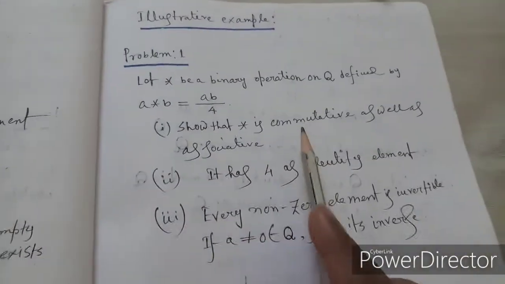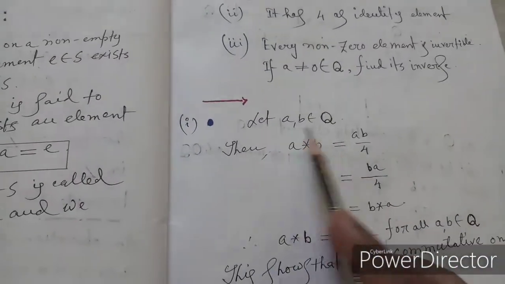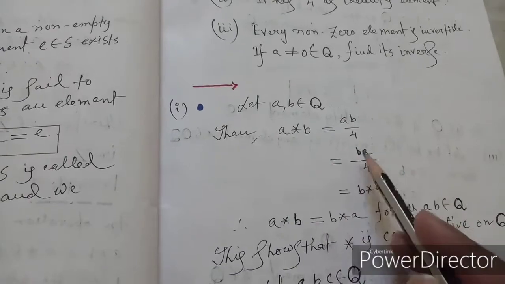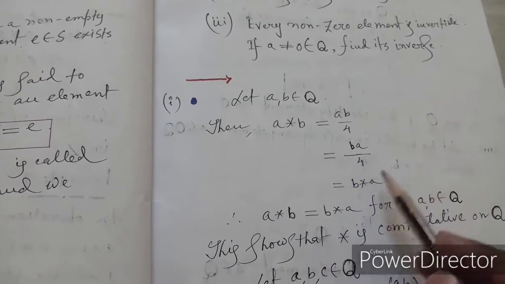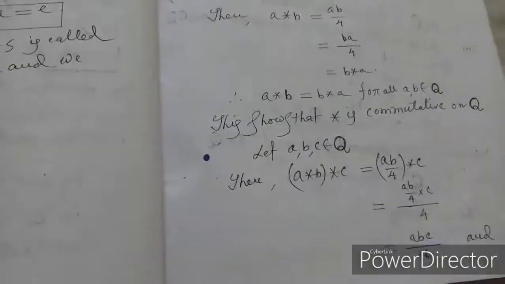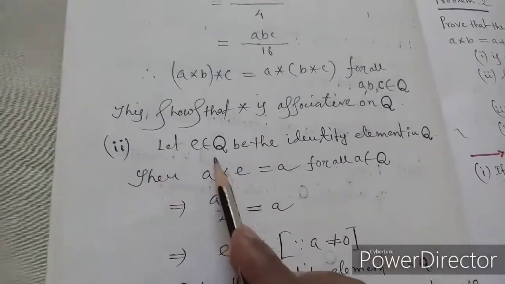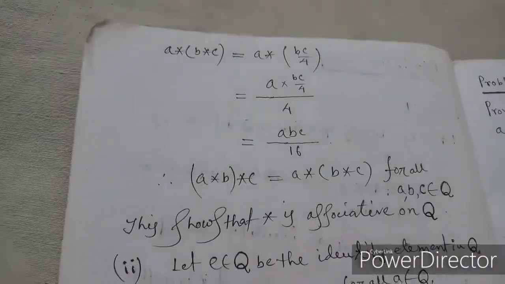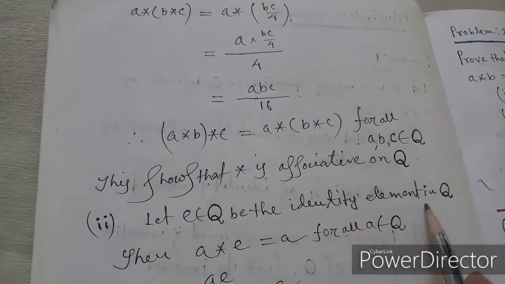The first part is just commutative and associative. Let A, B belong to Q. A star B equals AB by 4. This can be BA by 4, and that is B star A. Clearly commutative. And it is similar for the associative part, you can show it. Now for the identity element, let E belong to Q be the identity element in